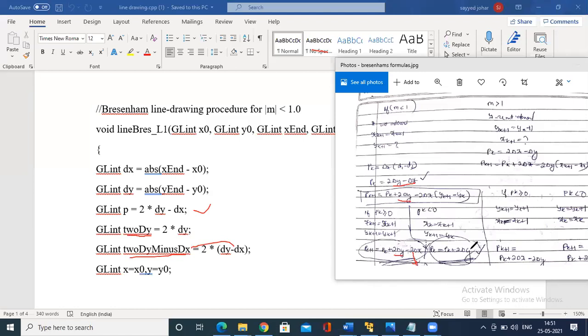Somewhere we use 2 delta y directly, somewhere we use 2 delta y minus delta x. That is for the value of pk greater than 0 or less than 0. Hope it is visible to all of you.